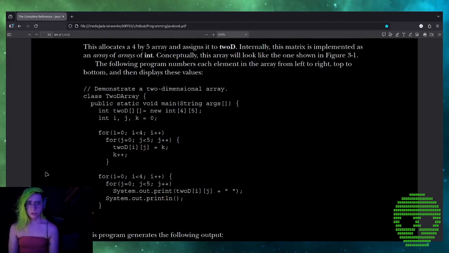Demonstrate a two-dimensional array. class TwoDArray { public static void main(String[] args) { int twoD[][] = new int[4][5]; int i, j, k = 0; for (i = 0; i < 4; i++) for (j = 0; j < 5; j++) { twoD[i][j] = k; k++; }